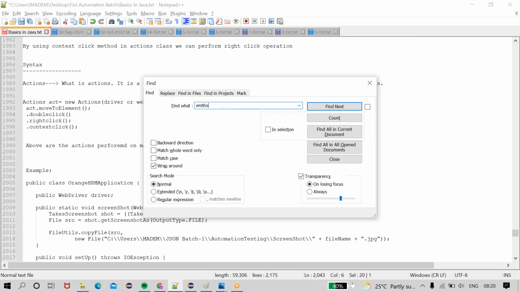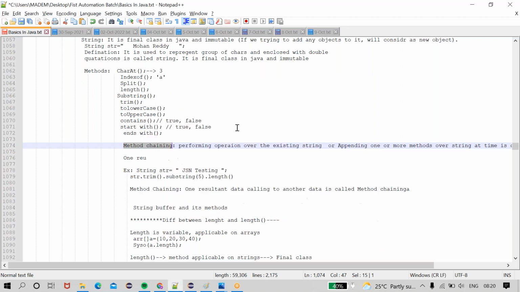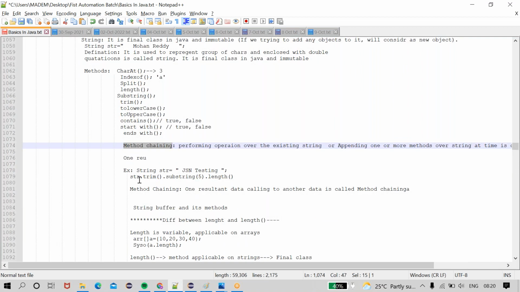I will show you. Performing operations over the existing string, or appending one or more methods over a string at a time, is called method chaining. Like this: string substring of 5 dot length method.